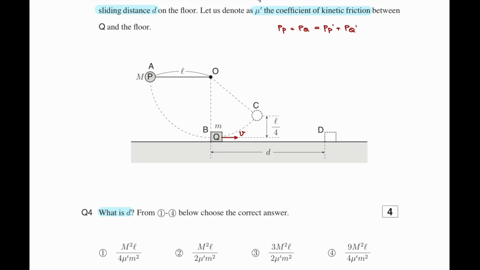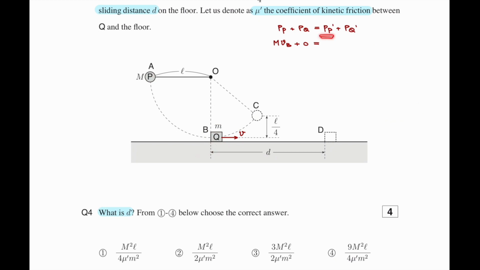So mass of P times Vb plus mass of Q is m. Before it collides, Q is at rest. Since it is at rest, then the velocity of object Q before collision is equal to 0. Therefore, the momentum of Q is equal to 0. Is equal to